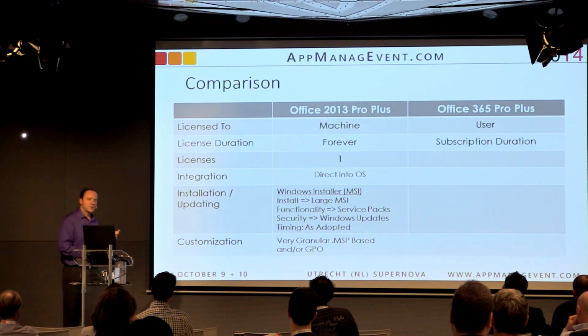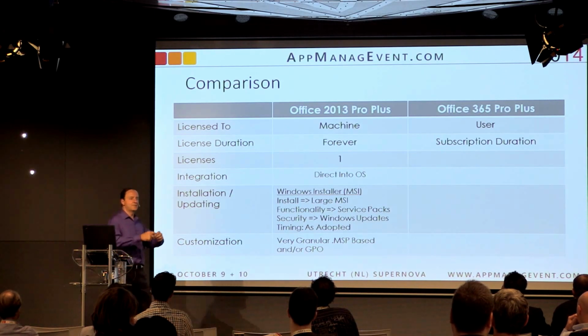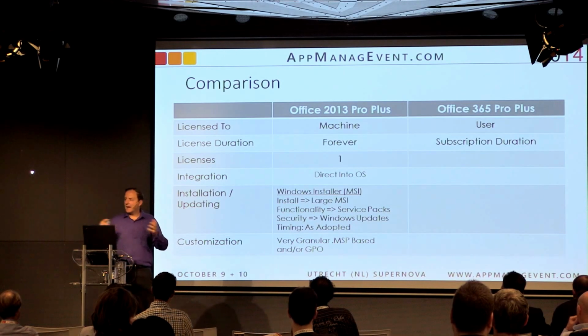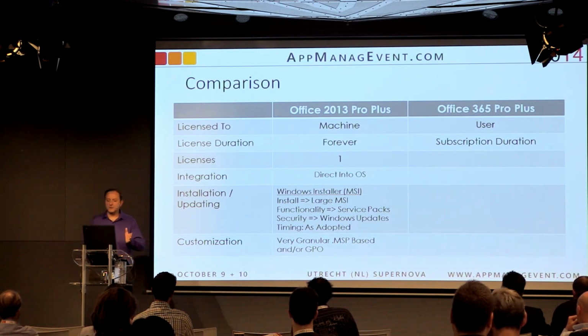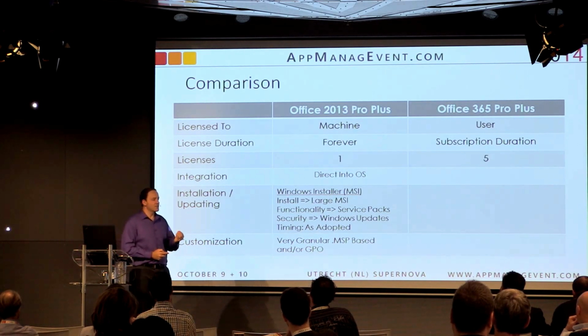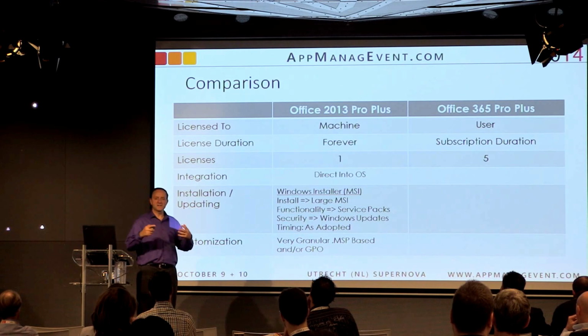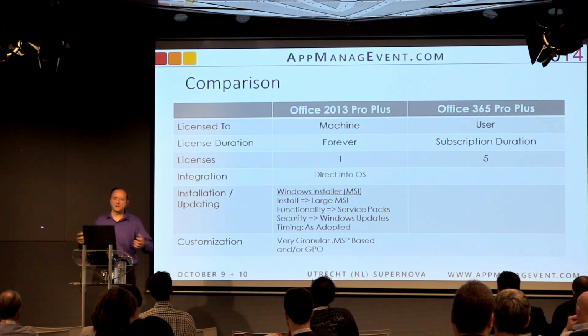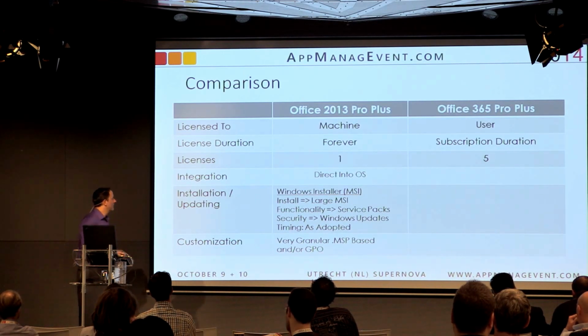It's subscription duration based. So if you have 40,000 employees and you license them this year or for the next 3 years, that's how many individuals you have licensed, and they each get 5 copies. So you get 5 copies, and they can run on any device that Office 2013 supports. And Microsoft is extending this most recently to the iOS product suite. They're extending it and improving it so it's on other device platforms such as mobile.